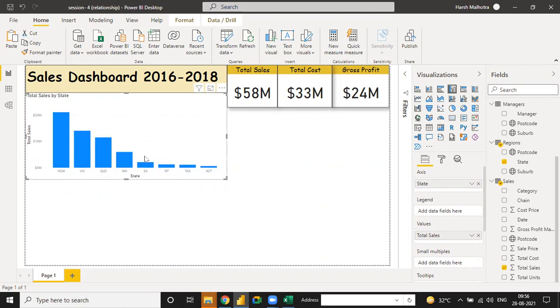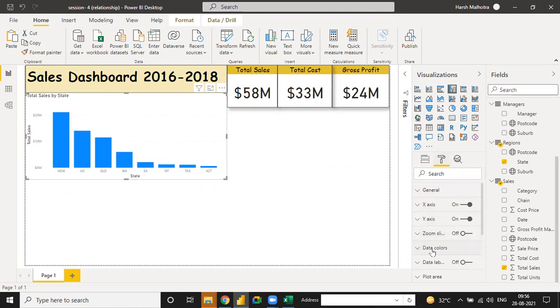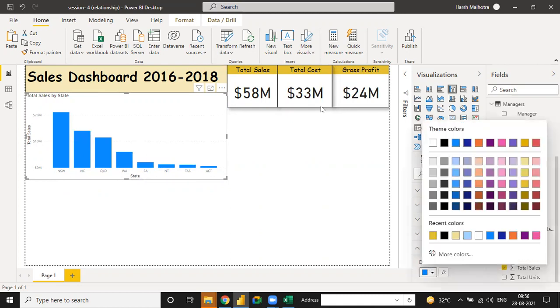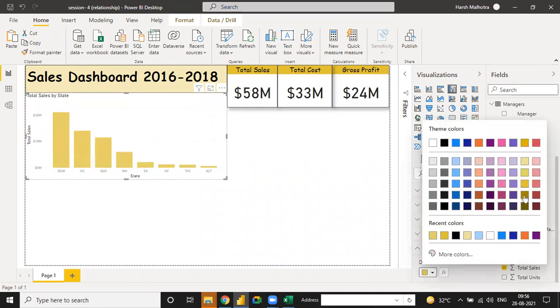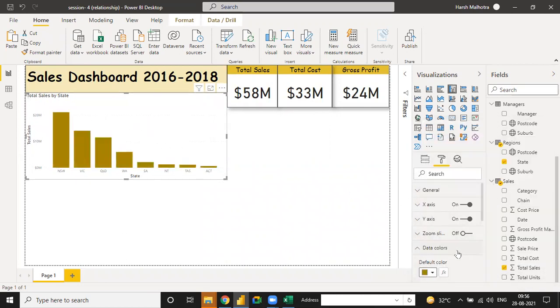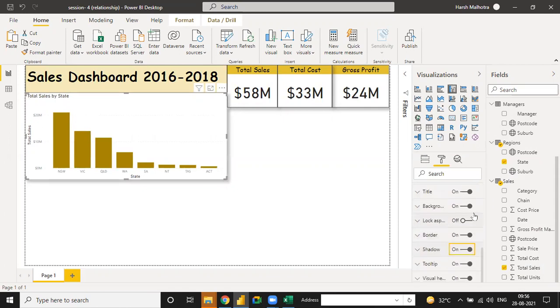So this kind of data we have to use category-wise. Suppose you choose the data color as a common one like yellow or dark yellow. Also you can use the border and shadow, and also the data label.